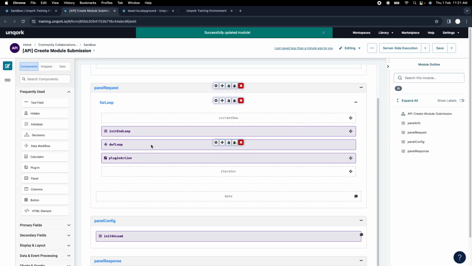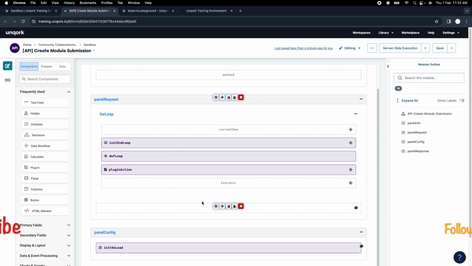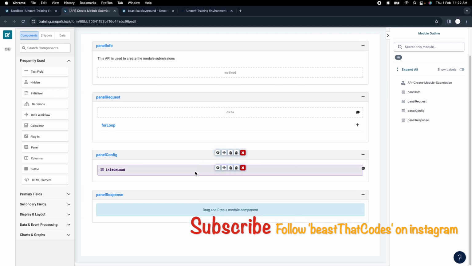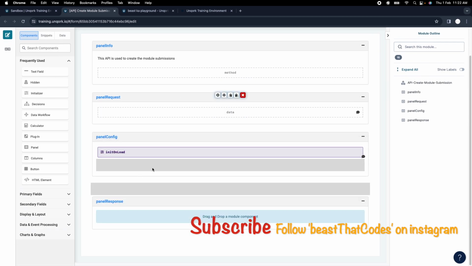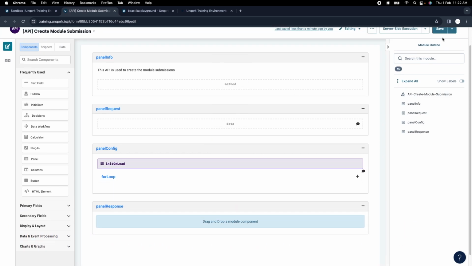Okay, so what we are going to do is, what is a for loop? I mean, how this for loop is executed is, so here if you see, this would be our data, right? As a panel request. Let me just put this in the panel config. Okay, so this is our data, right? So what data we are going to pass here is,